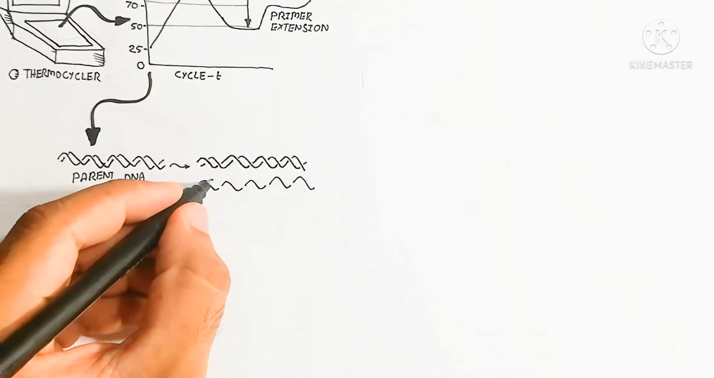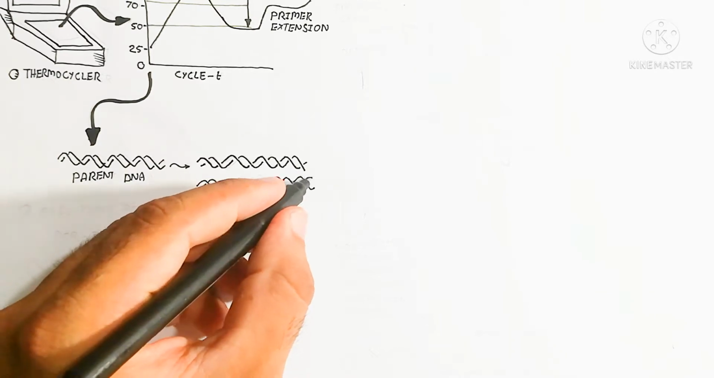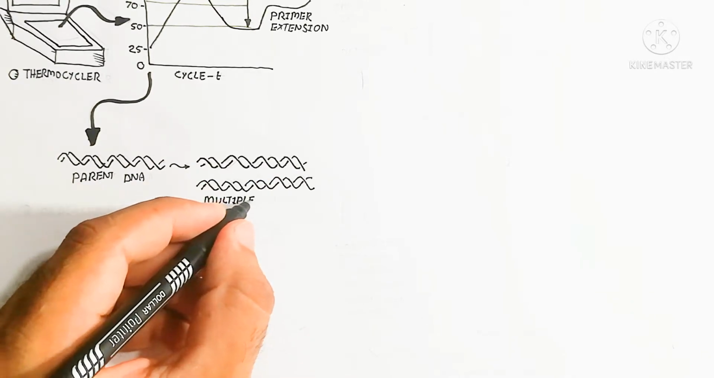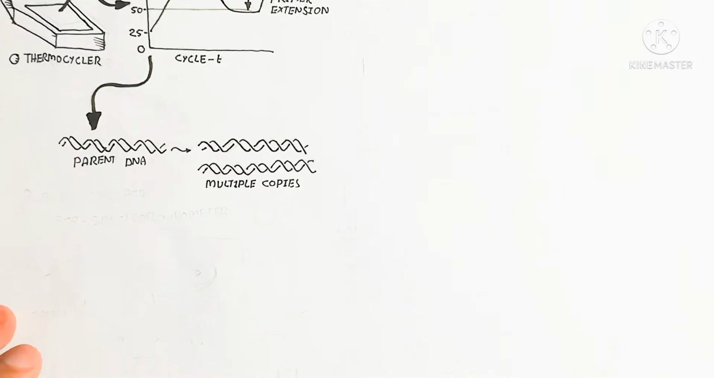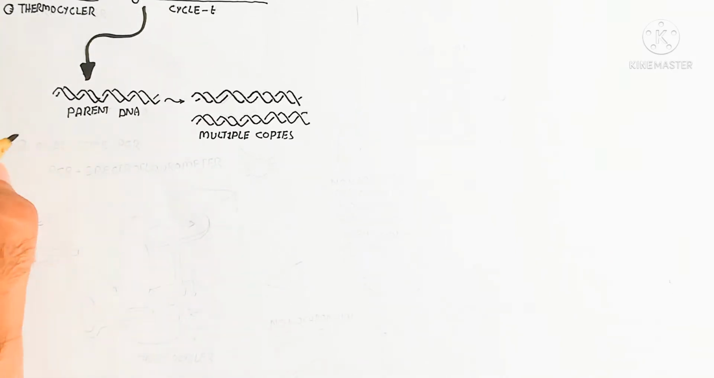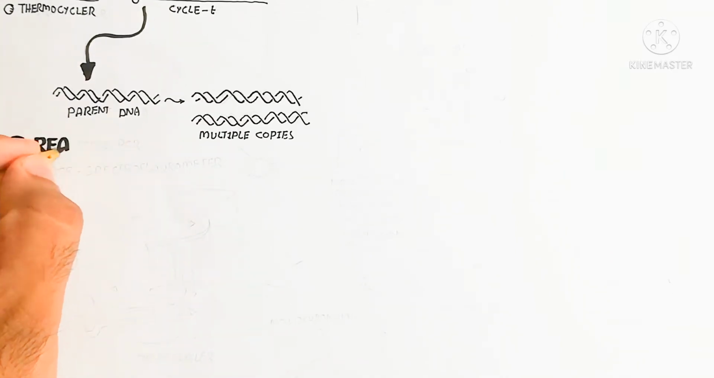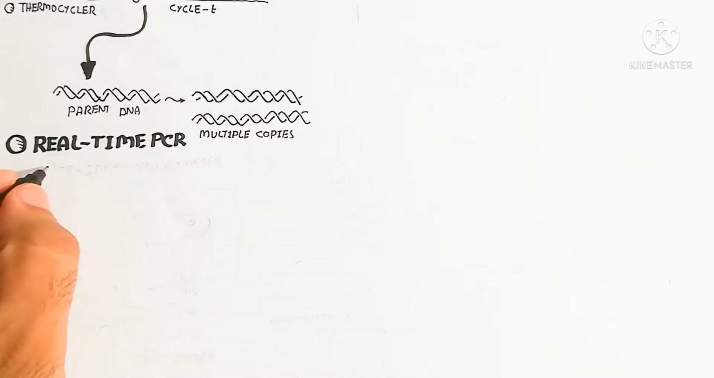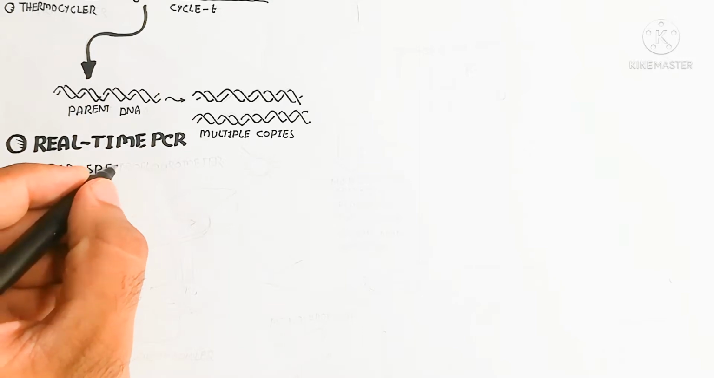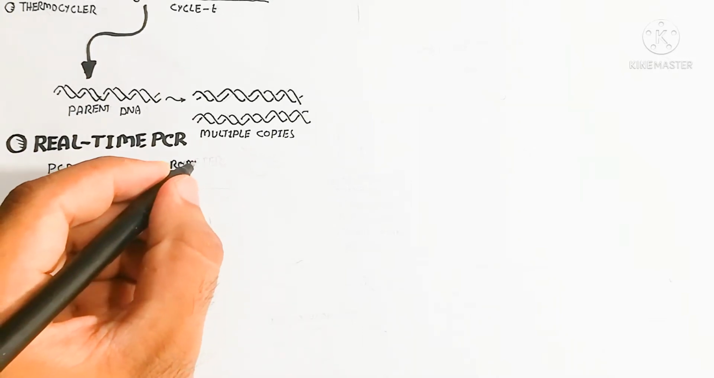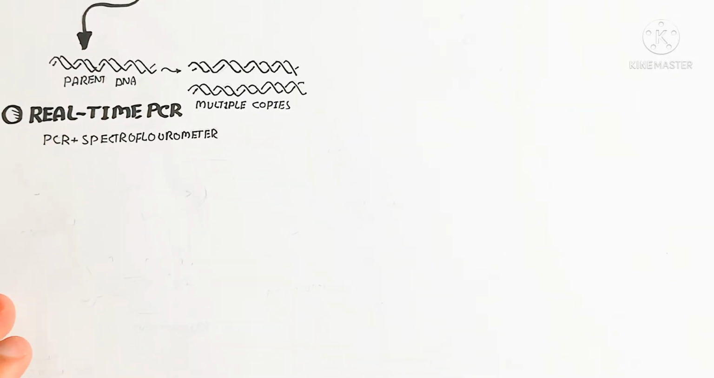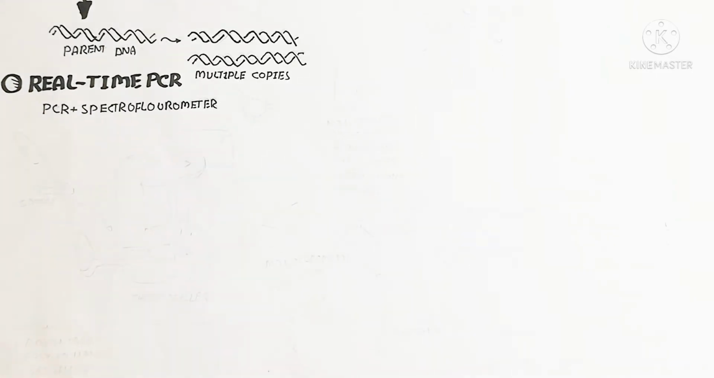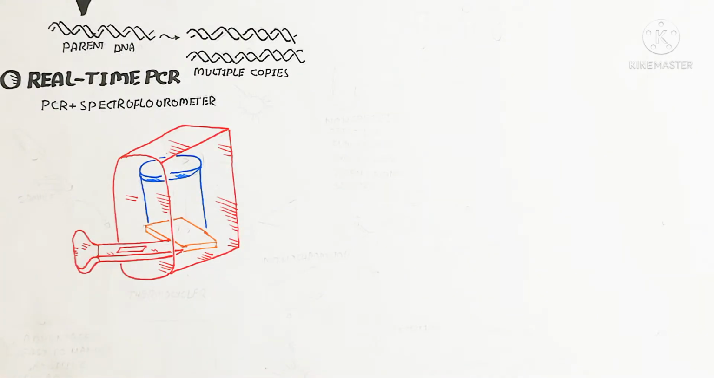So remember that. Why are we using PCR? PCR is not used for amplifying the whole genome, but we amplify the specific genome of our interest by adding a specific primer. So let's begin to understand real-time PCR. PCR plus a spectrofluorometer is known as real-time PCR, which shows